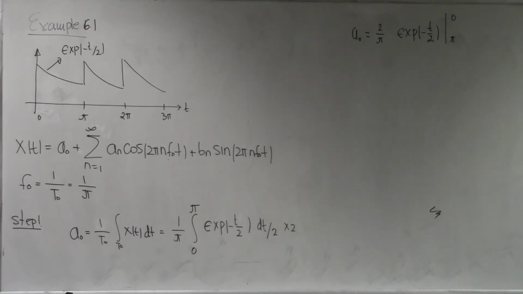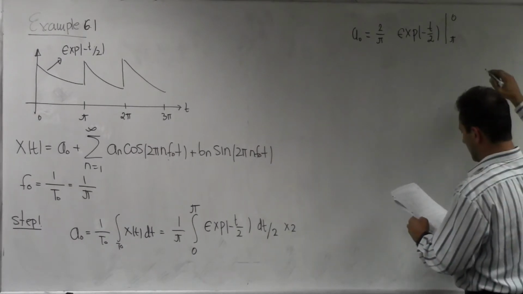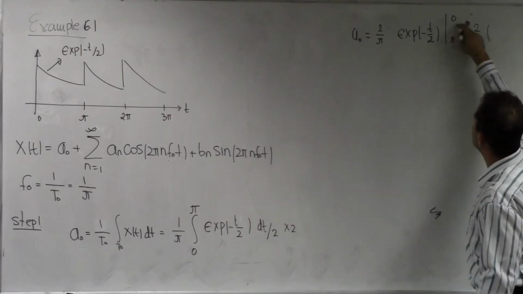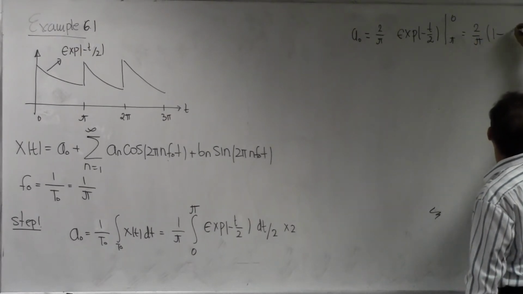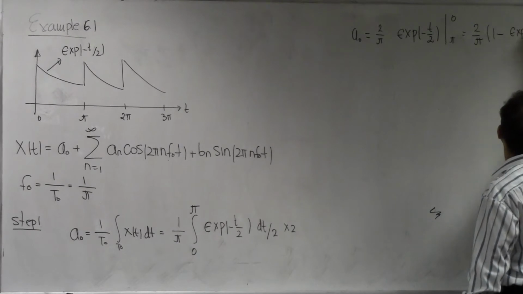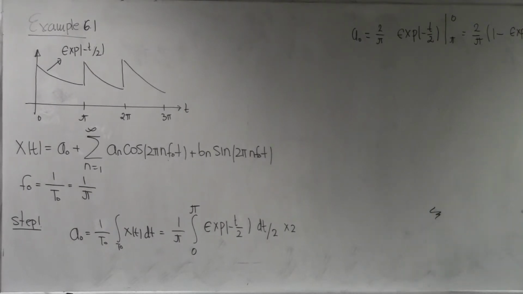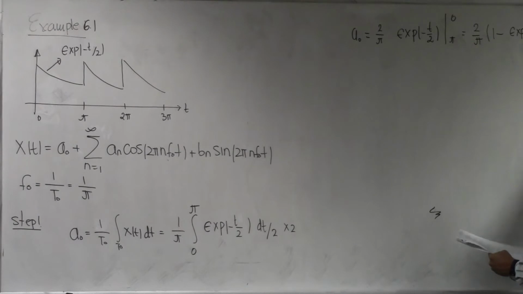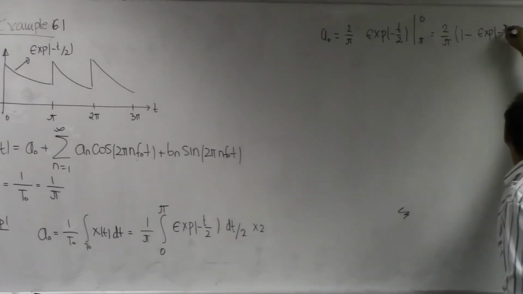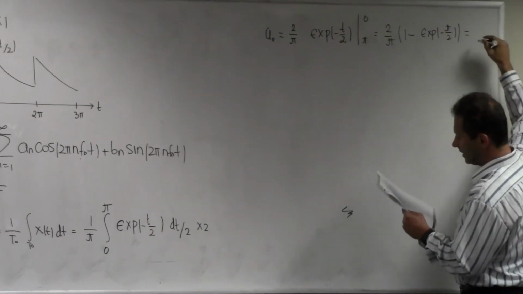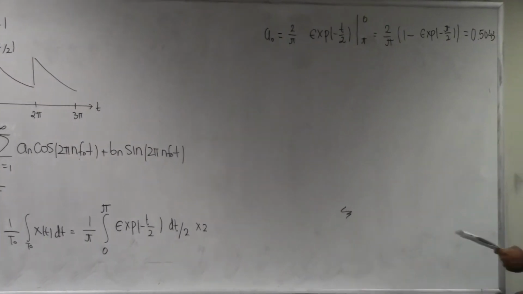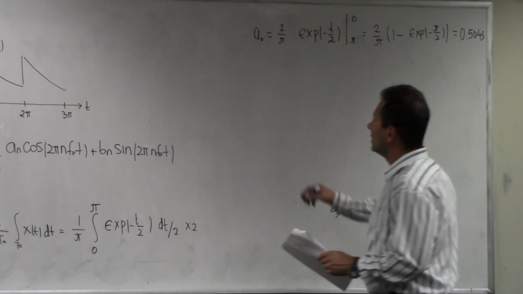So, when you substitute these boundaries, this becomes 2 over pi. When I substitute 0 here, this is 1 minus e to the minus 1, so that's the value. Oh, sorry, this is pi, so pi over 2. And when I substitute the value, this is 0.5443. Okay? So that's A0. Then step 2,